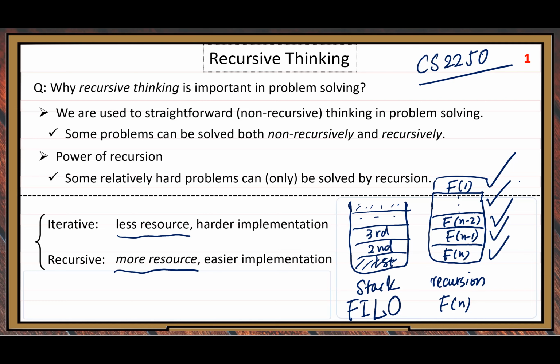So here I give you the advantage and disadvantage. But we still want to keep recursion, because it's so powerful. We like its power. So we are willing to spend this much memory resource to solve a large class of computing problems. All right. So that's the